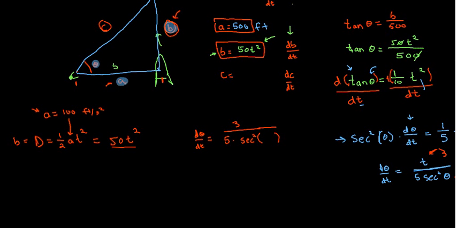Hopefully you can see where I'm going with this. If we have the opposite and the adjacent, we should be able to figure out what theta is. So the tangent of theta